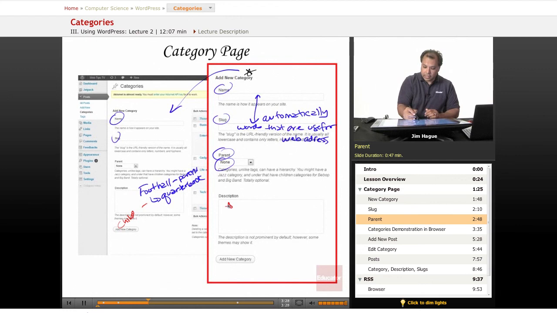And then, of course, we can describe what the category is all about if you'd like. So let's go into the browser and kind of